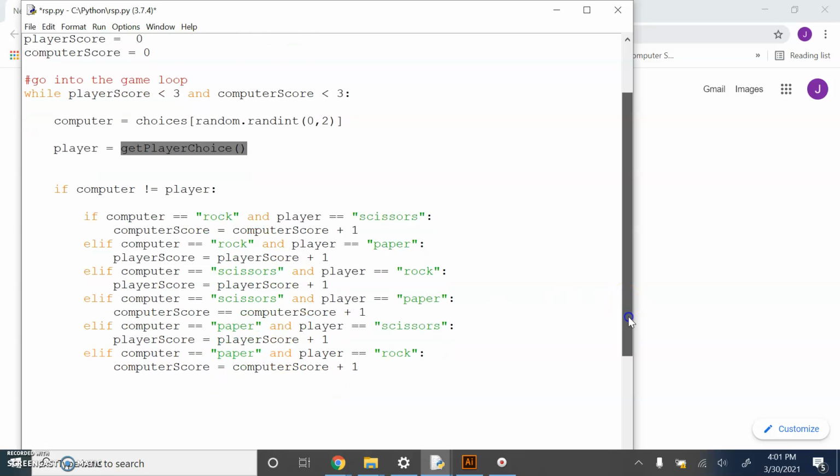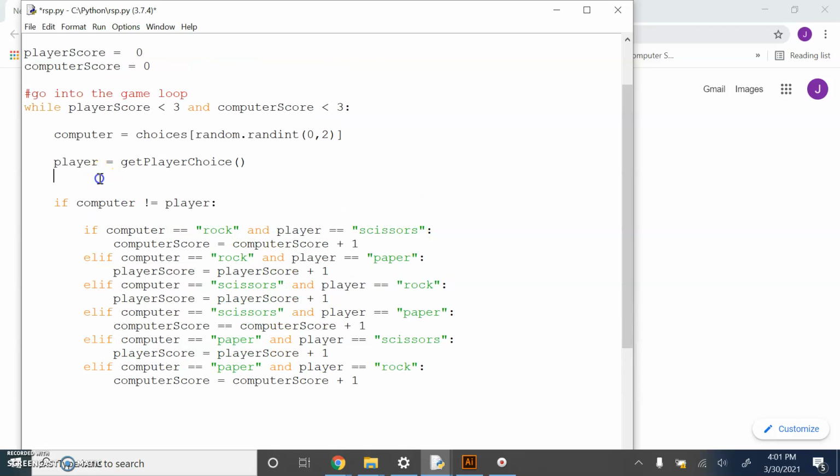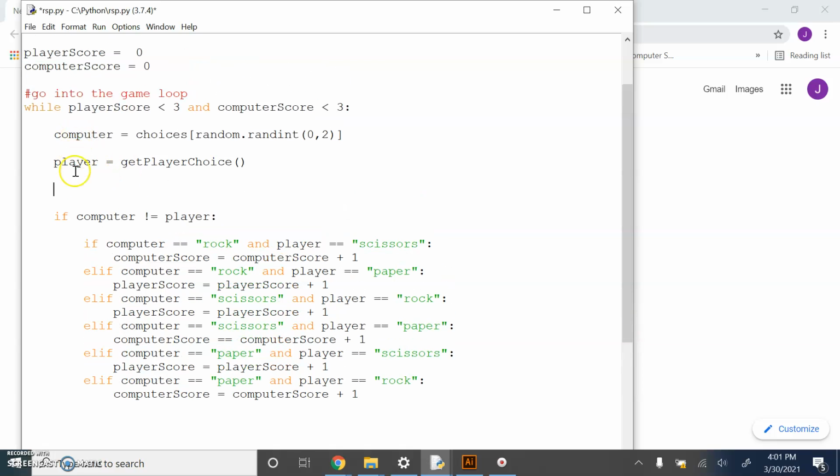Before we move on today, I'm just going to do a couple of things here. After we get the computer's choice and the player's choice, I'm just going to output those choices. So you chose, the player, and the computer chose